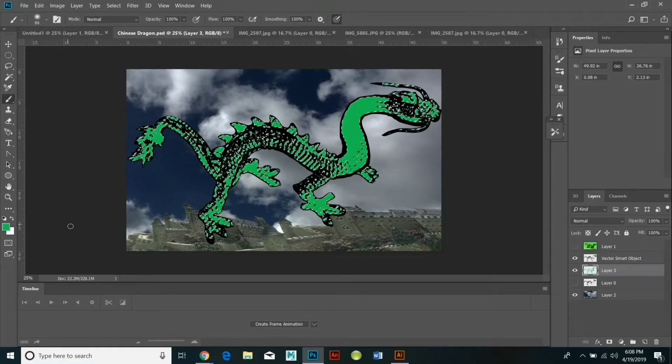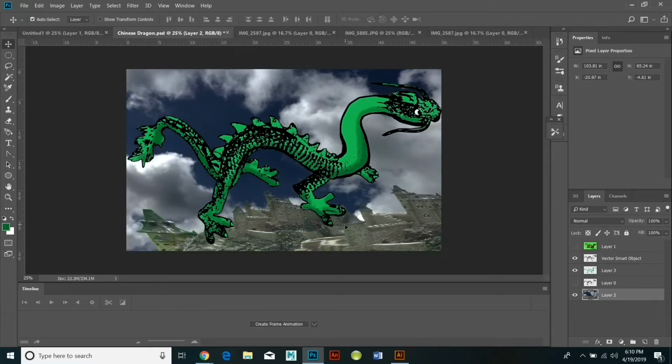So I can just really quickly sweep in the color of the green, and then I'm going to choose a slightly darker shade of green to do the edges, and then an even slightly darker shade of green to do the shadows. If I wanted to get real fancy, I could add in some highlights. I'm adding a little bit of white for the eye. If I hide the layer of the black lines, you'll see that underneath it is a completely independent layer of just the color. When I am satisfied, I'm going to merge those two layers,